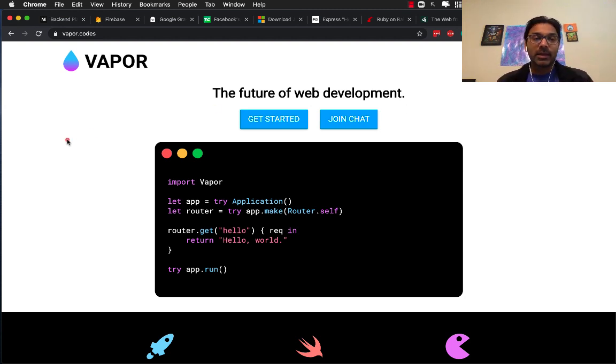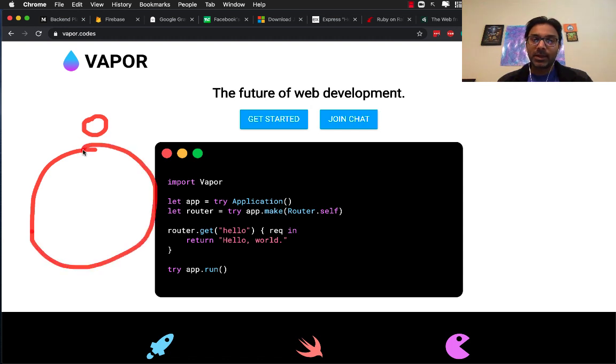So if I say that this is the Vapor community, which is, by the way, great, and this will be the Microsoft community, and this will be close to the Node or JavaScript community. So if you have a question and you get stuck, guess what? There will be a million people who can answer your question over here. There will be a million people, and maybe there will be hundreds of people over here. So you see the difference?